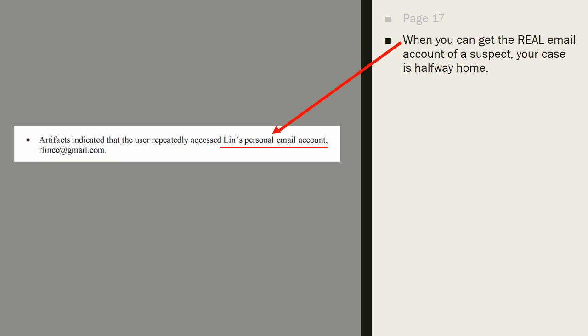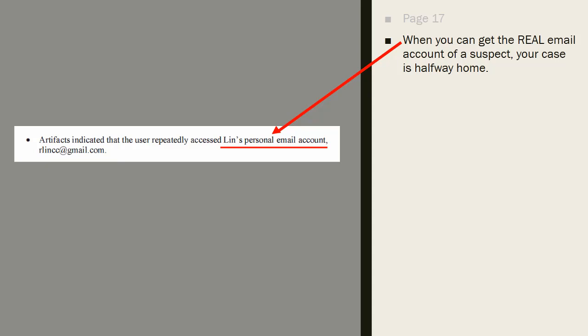One of the really neat things in that work exam was the real email account of Lynn. Now, if they didn't have this before, which they actually did have his personal email account from the beginning of the case, but if you didn't have it in the beginning of the case, you can get his actual email account from here. And obviously, in the full placing a suspect behind the keyboard case, I go over what you can do with the email account, what you can do with a phone number.